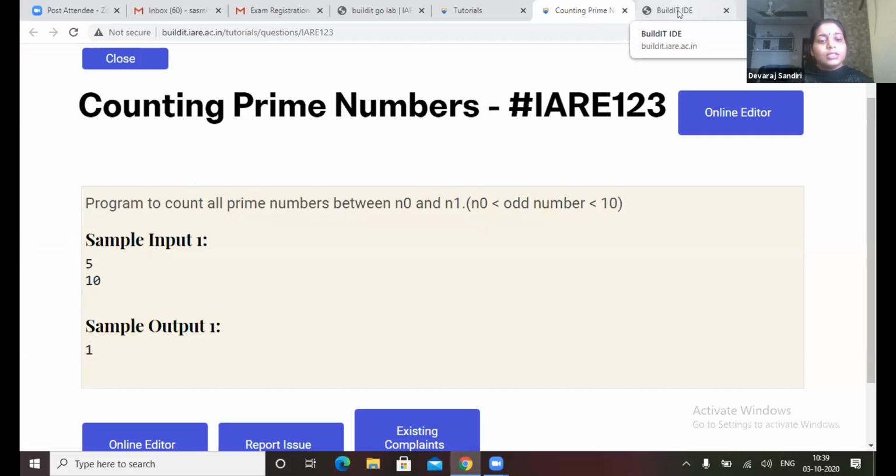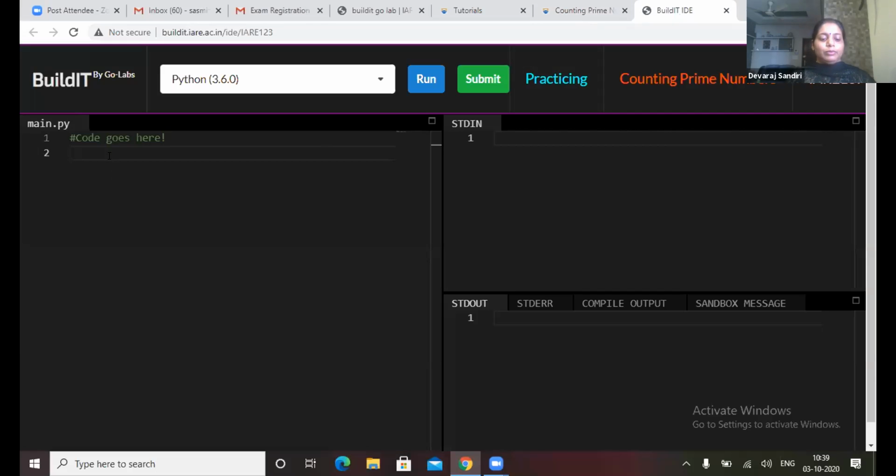Can anyone tell me what I will write? First we will write lower, I think so. Lower is 5 as they gave, so lower is equal to int of input. We are asking input from the user for the lower part, and